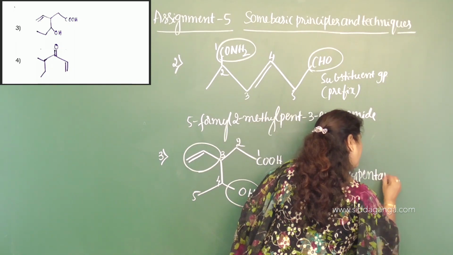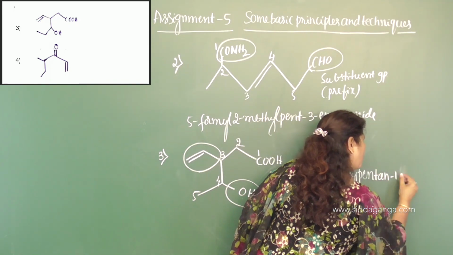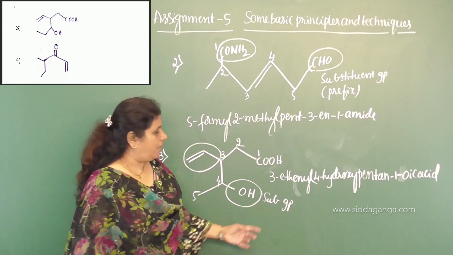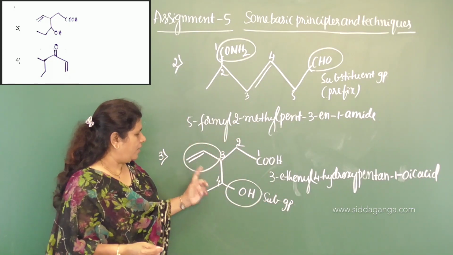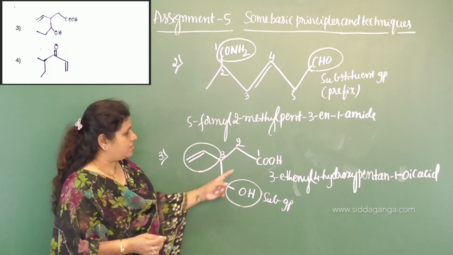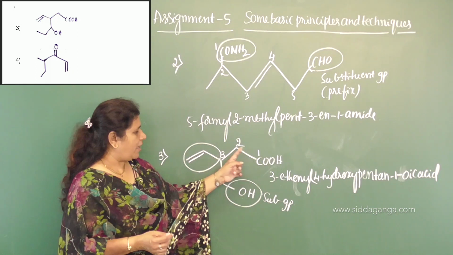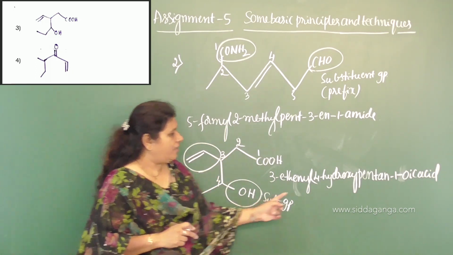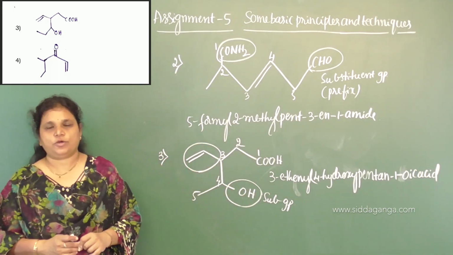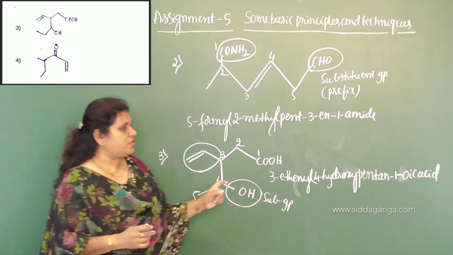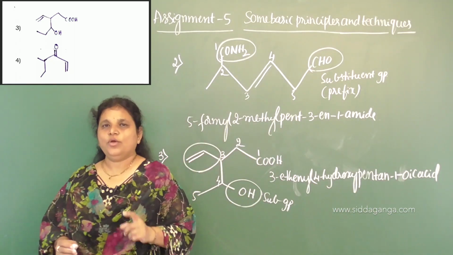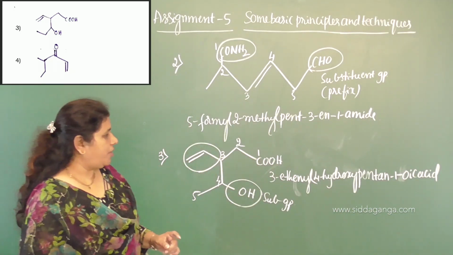1 oic acid. So, what is the name? 3-ethenyl 4-hydroxy pentane. So, why is it ANE? Because there is a single bond between the carbon atoms in the selected parent carbon chain. Therefore, pentane 1 oic acid. For the COOH group, the secondary suffix is oic acid. In the first position, we have the COOH group. Therefore, it is 1 oic acid. Okay. Now, move on to the fourth one.